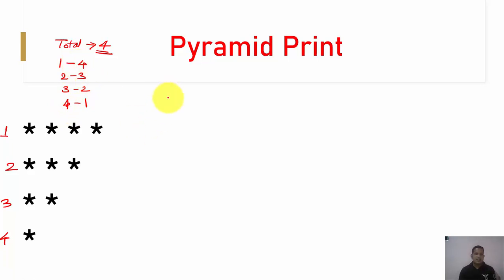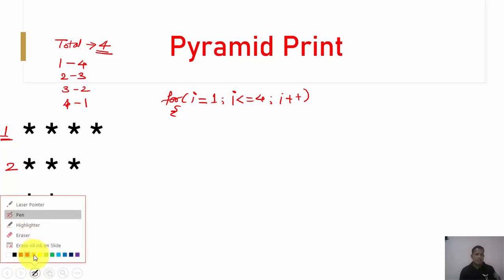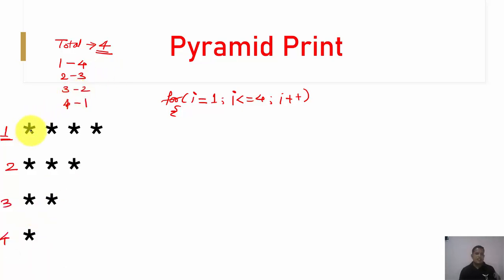So as usual, to initialize the line, I is equal to 1, I should be less than or equal to 4, and then I plus plus. What will happen? I am first going to initialize the line. Initially I is equal to 1, whether 1 is less than or equal to 4, yes, then I plus plus. And now inside it, I am going to deal with printing the characters.